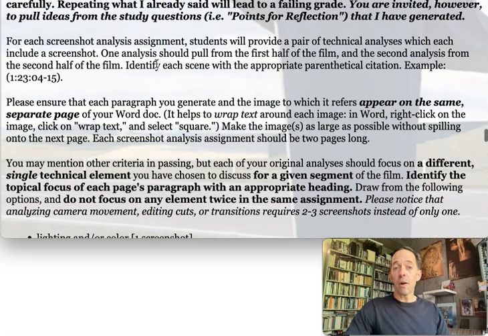You are invited, however. I have all these study questions that you're familiarizing yourself with. Feel free to address an issue I raised in a study question during a screenshot analysis assignment. I encourage that. It's not necessary, but it could be helpful. For each screenshot analysis, put the timestamp for it so that I can look it up. I own most of these films on Amazon, so if I have a question, I'm going to look something up really quickly myself.